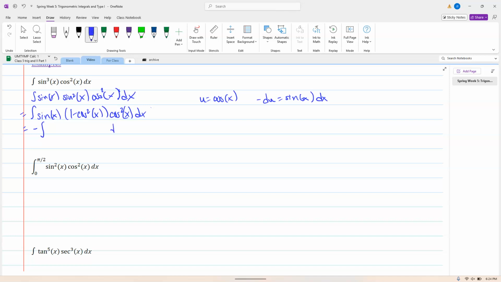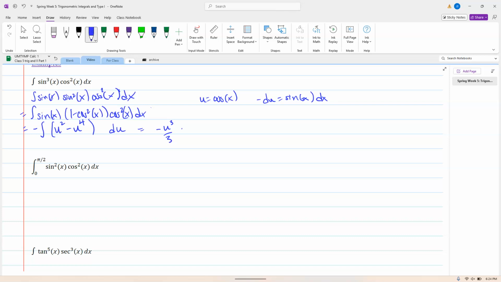I've already pulled the negative out, and then I'd have 1 minus u squared times u squared. Okay, this is better known as, if I rewrite this, u squared minus u to the 4th du, and then as I integrate that, I get negative u cubed over 3,